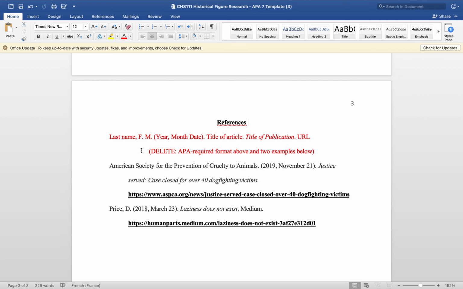These are examples of how to write your references in APA format. You need at least 3. 2 can be from within the course, and 1 you need to locate a reference on your own. You want to try and get references that are considered reliable and relevant, meaning they shouldn't be really old, they shouldn't be from like 1920, and they should not be from something like Wikipedia, because anybody can post information on